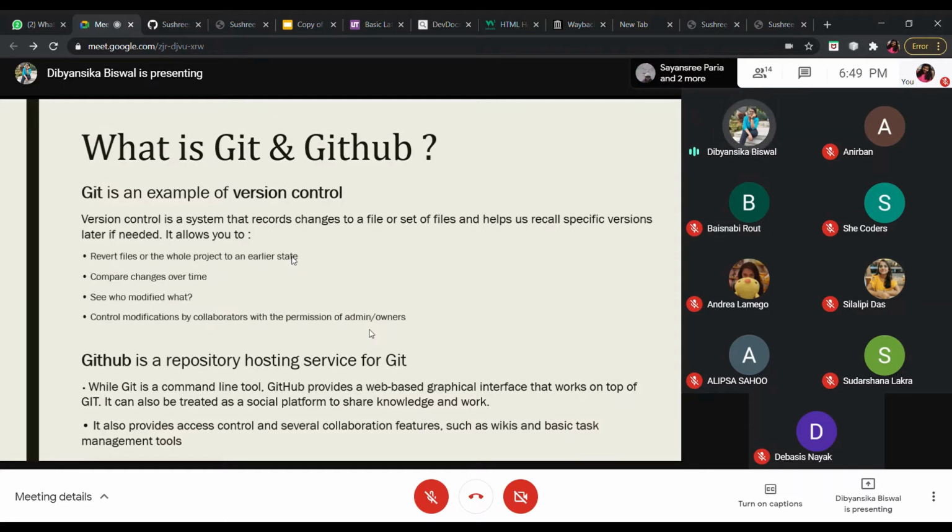GitHub is just like a web-based graphical interface that works on top of Git. It can be treated as a social media platform to work and also share knowledge among others. It also provides access control and several collaboration features. So this was Git and GitHub.